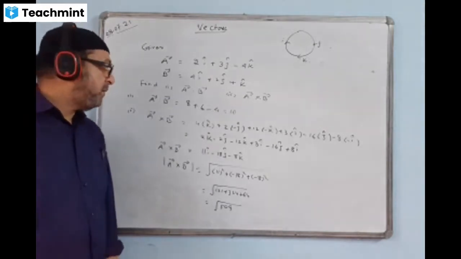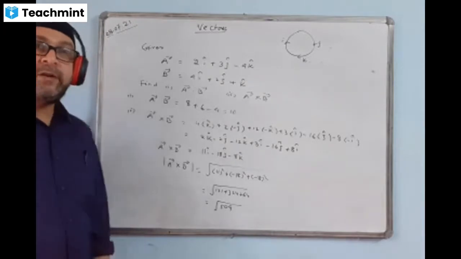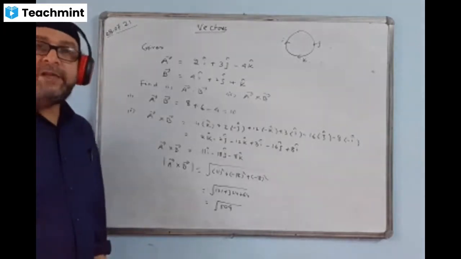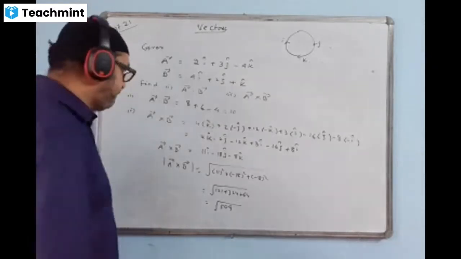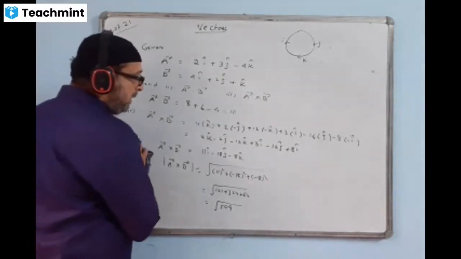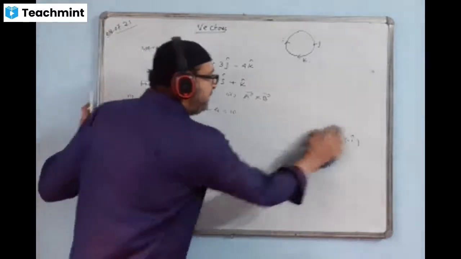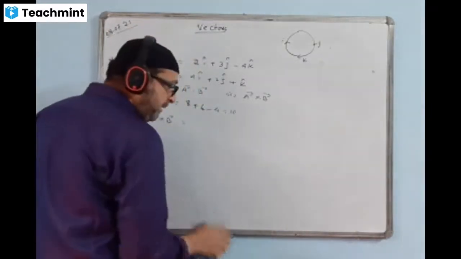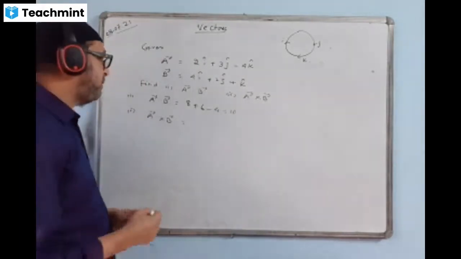Okay. So there is one more way of finding the cross product. I'll show you that also. That is called the determinant way. Whichever way you find easier, you can adopt and follow. I'll rub this out and show you how we can find A cross B using the determinant method. Let us see which one you find easier, it is up to you.